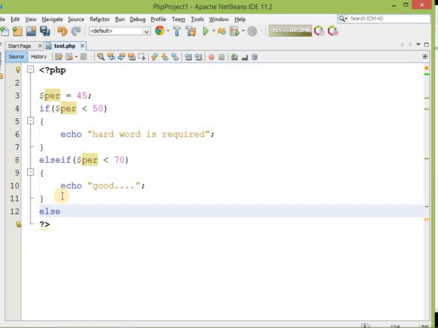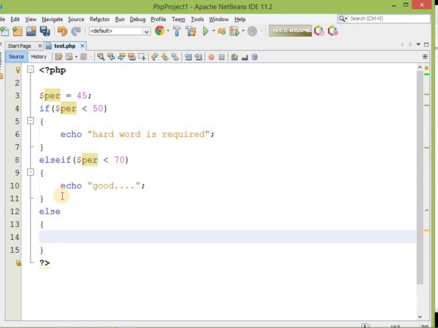And if you get marks greater than 70, then obviously it's very good. Very good, keep it up. Save this.